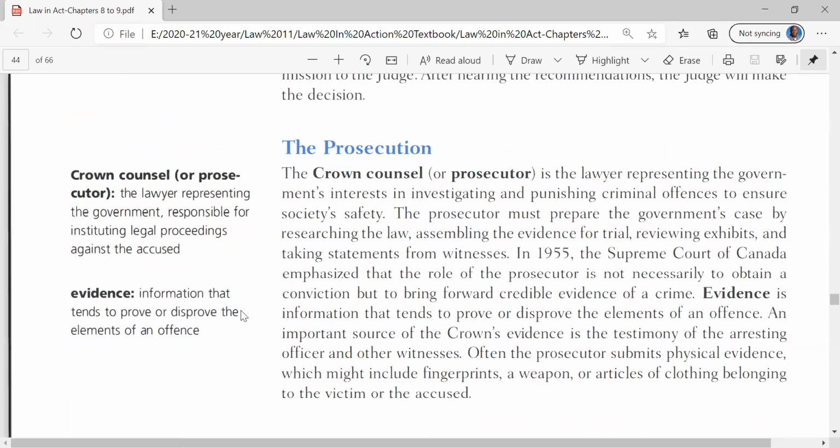The crown counsel or prosecutor is a lawyer representing the government, responsible for instituting legal proceedings against the accused. So their job is to prosecute you, or to represent the state in the matter, right? Now, technically, while defense lawyers are designed to protect you, the crown's job is to both defend the state and also to seek justice, right? Which means their job is to make sure that you serve that sentence, but their job is also to make sure the